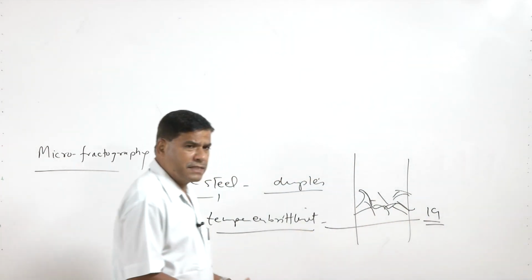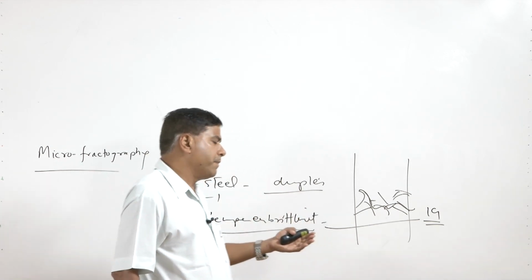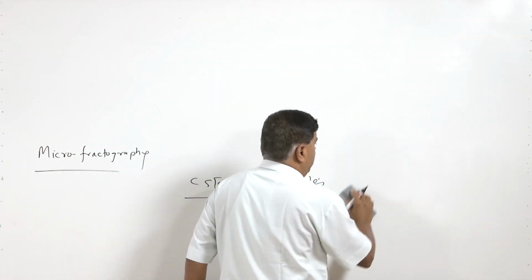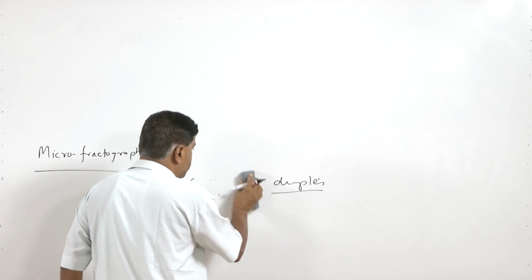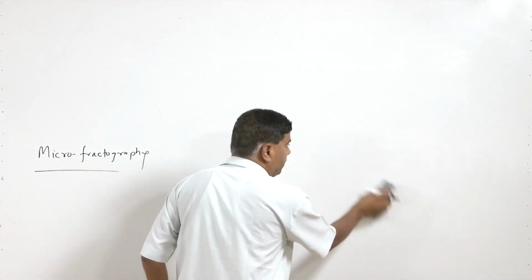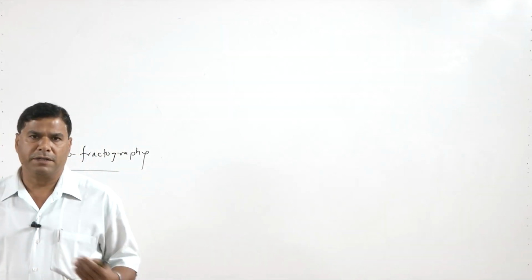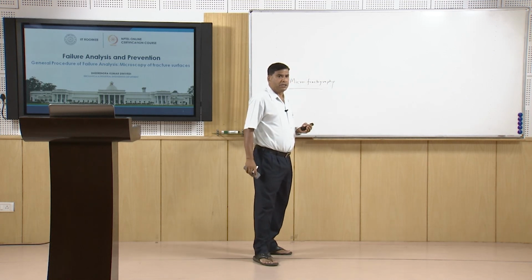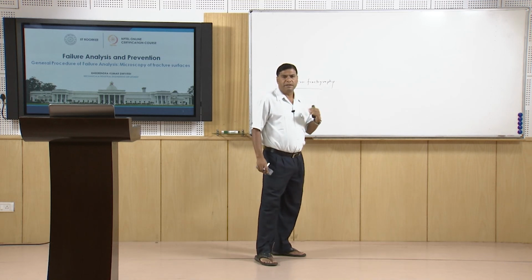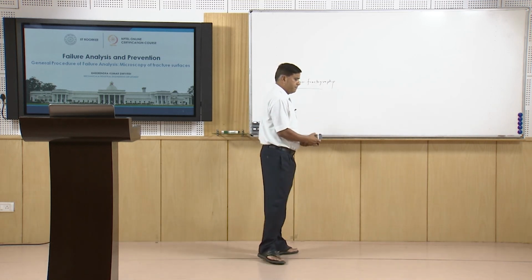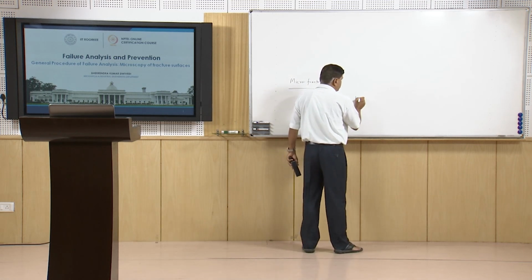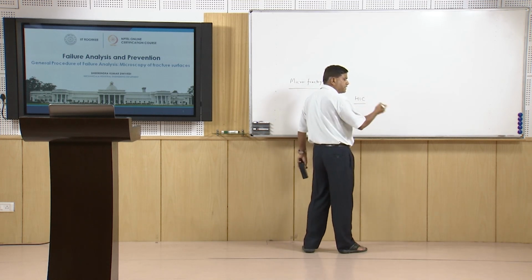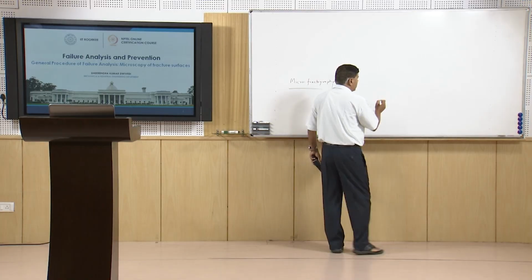So, intergranular fracture can also occur in steel if it has been subjected to improper heat treatment. Similarly, there are a variety of alloys and metals which, if placed in inappropriate environmental conditions at elevated temperature, show embrittlement, and that happens primarily due to inappropriate manufacturing conditions. This kind of failure may occur in the form of intergranular fracture. So, hydrogen induced cracking or temper embrittlement or the precipitation of undesirable things,